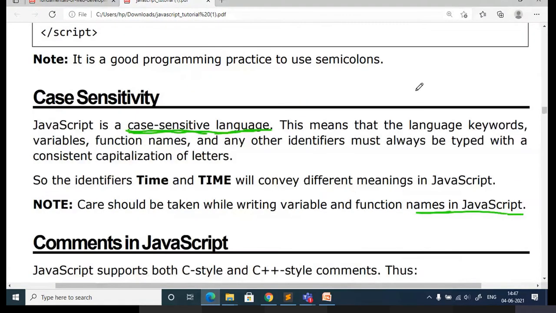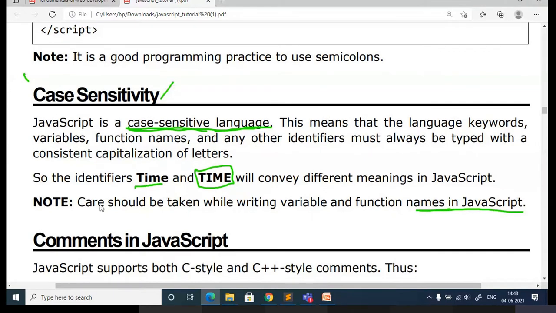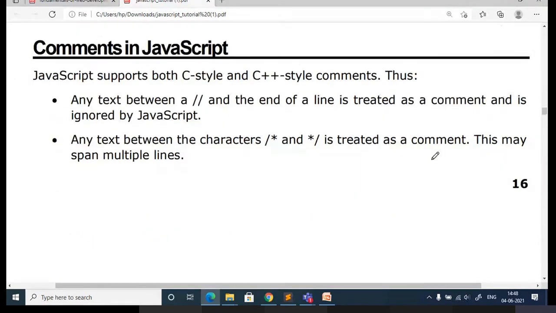And here, I think yesterday I already told, JavaScript is a case sensitive language. So that is the writing of the term, where the first letter is capital and the remaining are small letters, and this is where all letters are capital. Both are different here. It is going to convey a different meaning. That means JavaScript is case sensitive. Just remember these points I am telling. When you are writing the code, you should be aware of this.